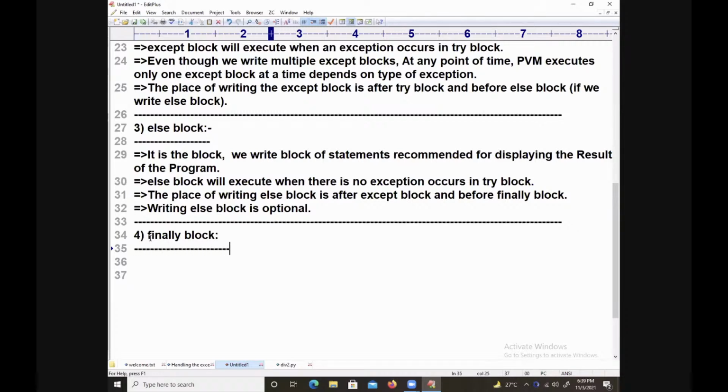What do you know about the finally block? Strictly tell me. Here also I will write 4 points. Will the finally block execute compulsorily or not? Finally block will execute compulsorily, irrespective of whether any type of exception occurs or not. I am writing here: finally block will execute